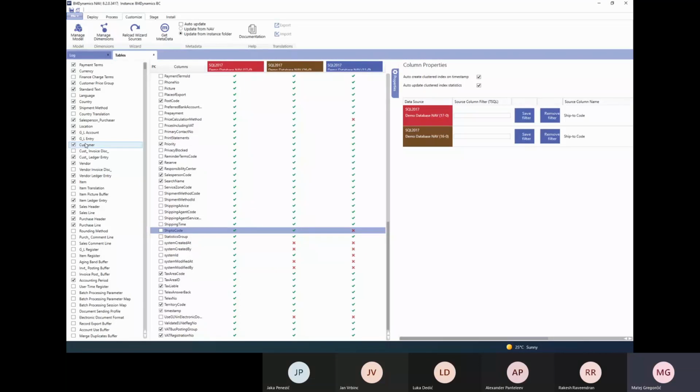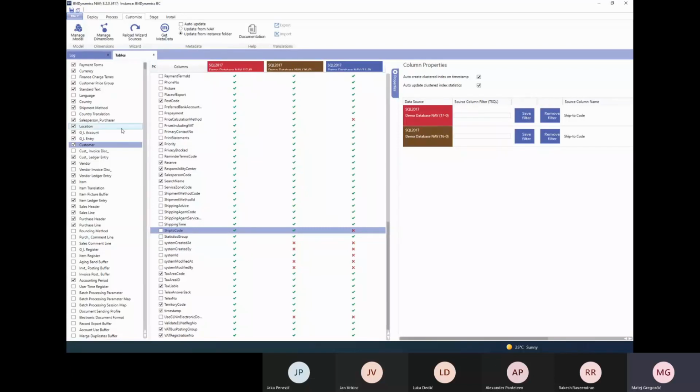Now, for the day-to-day business, I'm not sure that data from 12 years ago, or even 5 years ago, is still relevant, okay? Because the world has changed so much, and probably their business has changed so much, that they don't necessarily want to make decisions on data that old. What is usually relevant is the last 3 years, maybe 4, around that area. And what we can do here in BI Dynamics is limit the amount of data that is coming within